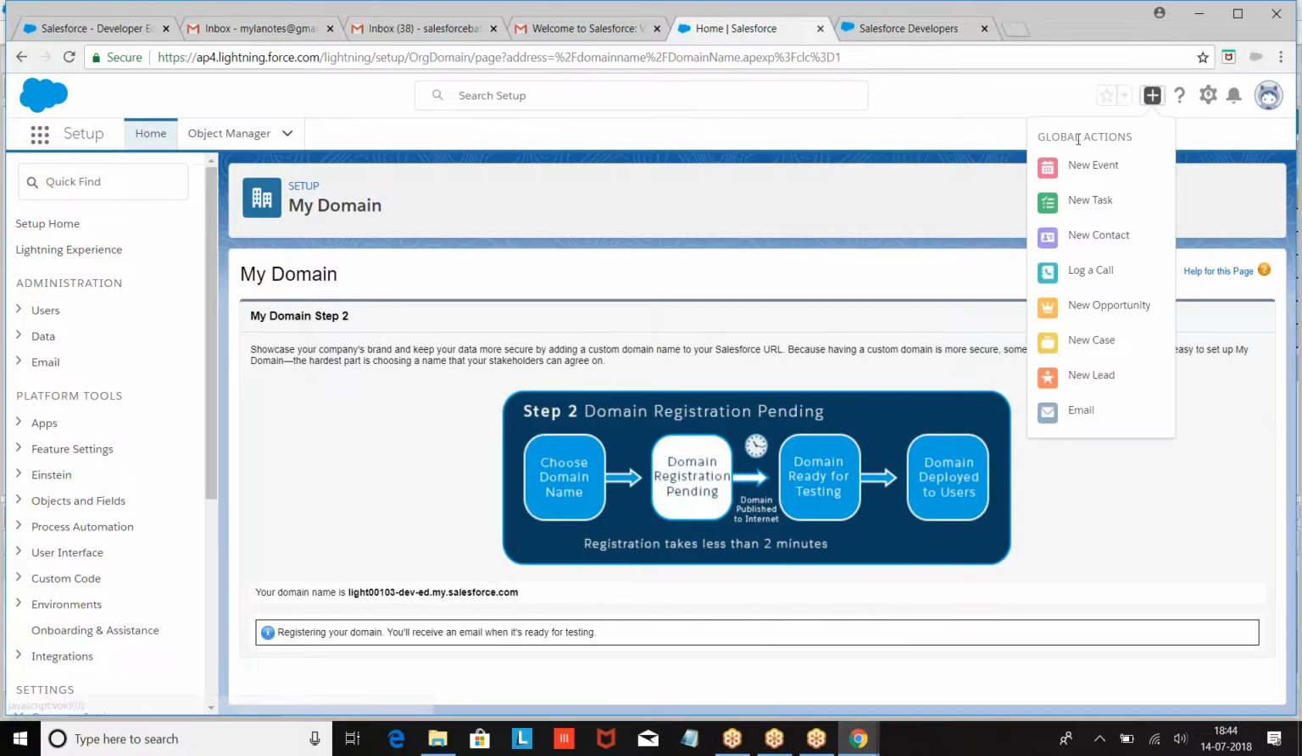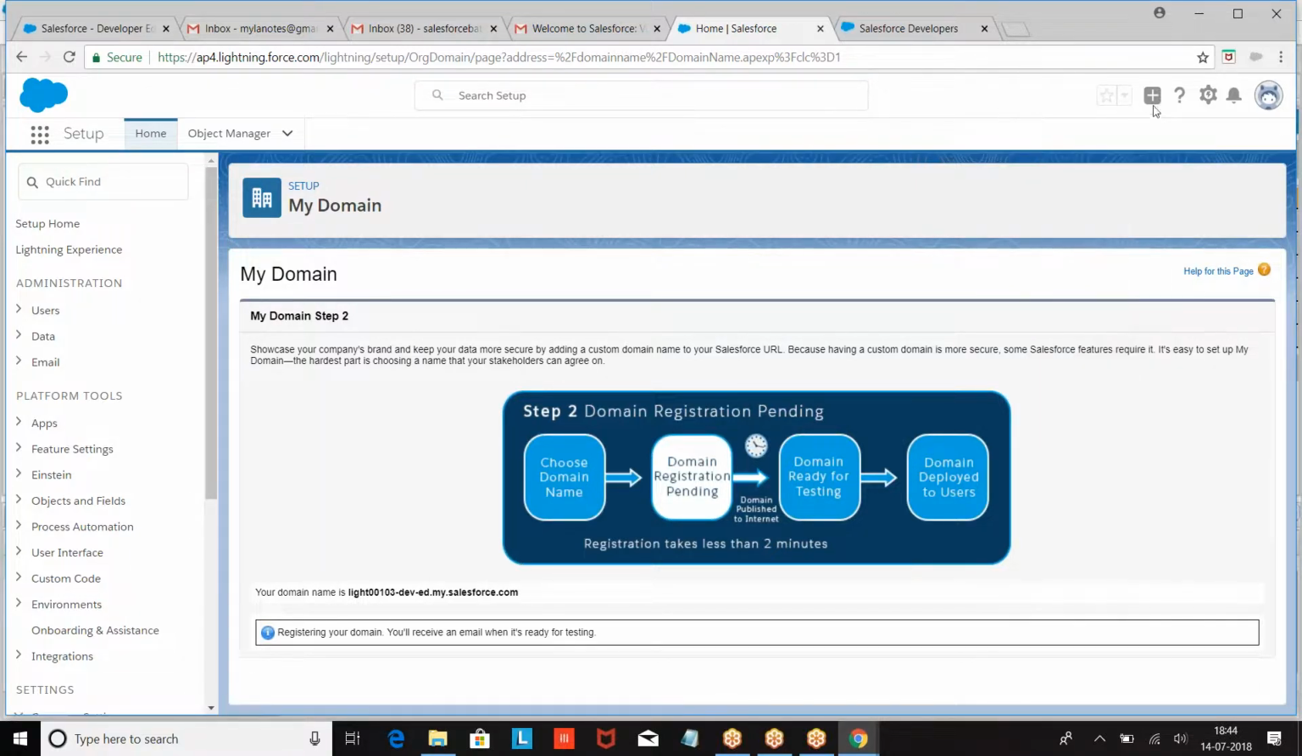Then quick action. These are global actions: log a call, poll, whatever you find on the top of the record. Post a message, polls, survey, question, all the quick actions. Global actions will be seen here. Then here, when you go to the